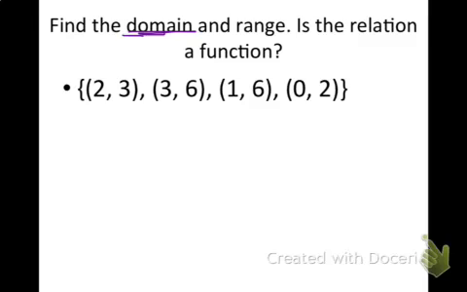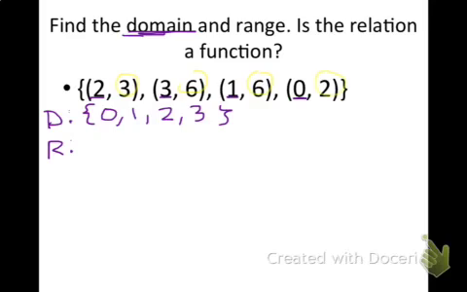So the domain is your input value or your x value. And we know that when we're looking at coordinates, our x values are all the first values. So in writing our domain, I'll just write D for domain, colon, and then put in my numbers from least to greatest. So my smallest number is 0, then 1, then 2, then 3. So that's my domain. My range would be the second numbers